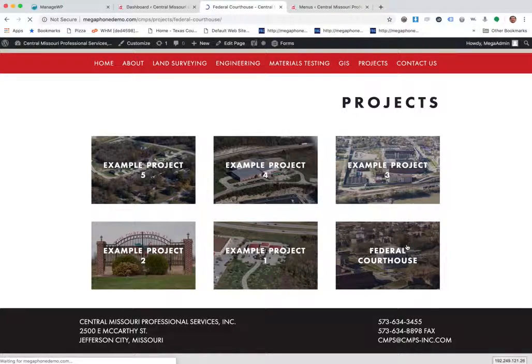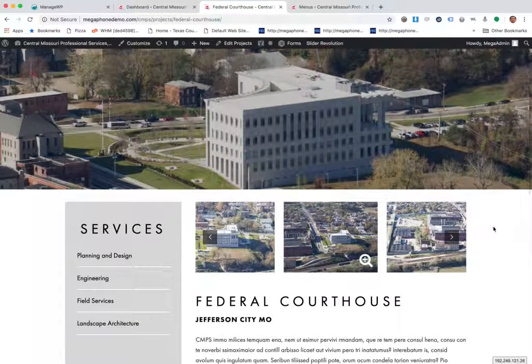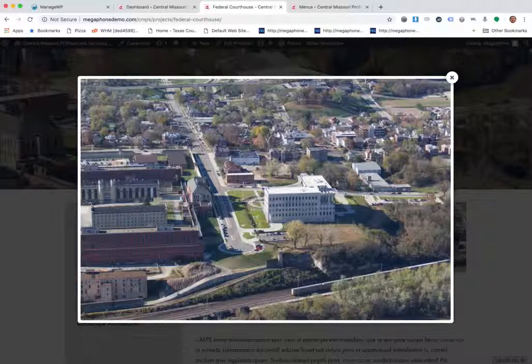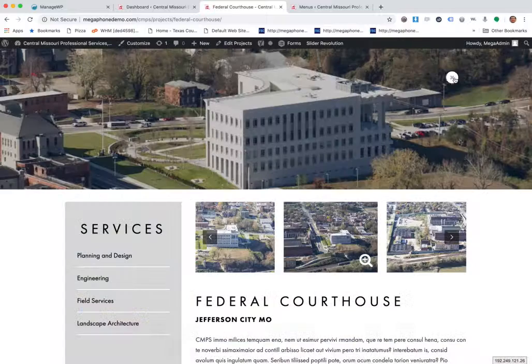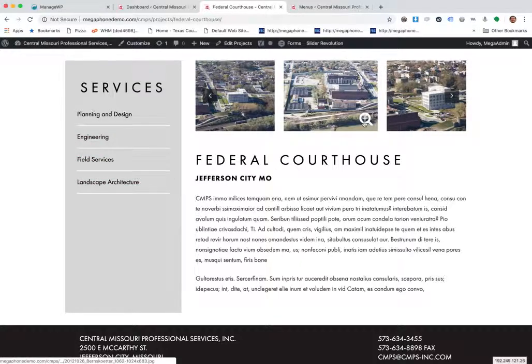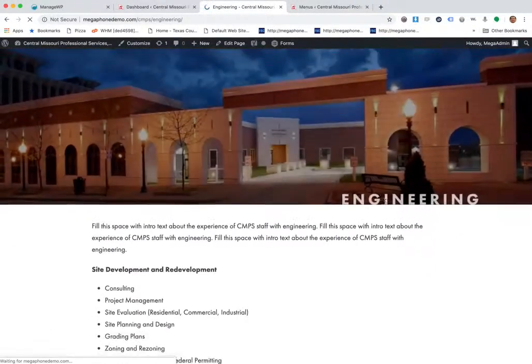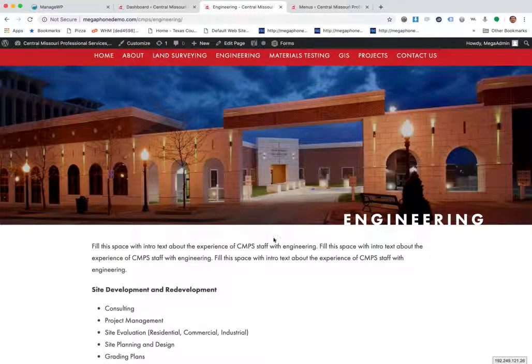If you go to Federal Courthouse, that's the only one that works right now that's all set up completely. We have a little slideshow here of additional images. You can click the plus magnifying glass thing here and then take a look at it in a large size, and then everything else is just where it should be and looks pretty much like what it was on the layout. We do have an engineering page that's set up as had been shown in the design. You can see everything looks pretty